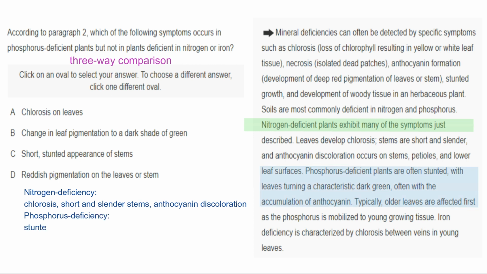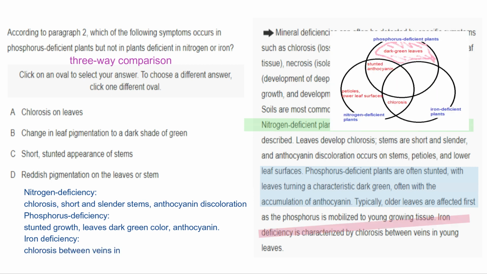Phosphorus-deficient plants show these symptoms: stunted growth, leaves turning a characteristic dark green color, the accumulation of anthocyanin. Iron deficiency has the following symptoms: chlorosis between veins in young leaves. Stunted growth is shared with nitrogen deficiency. Leaves turning dark green is not mentioned in either of the other two deficiencies, and the anthocyanin problem is also